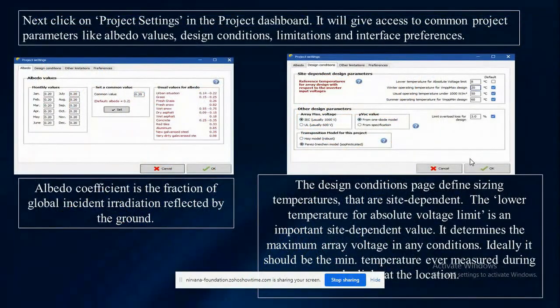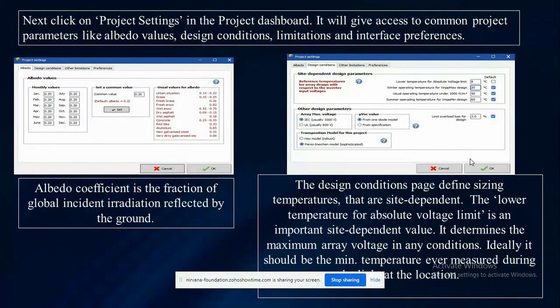Next, we go with the project settings. In the dialog box, you get access to common project parameters like albedo values, design conditions, limitations, and interface preferences. Albedo is the fraction of global incident radiation reflected by the ground.